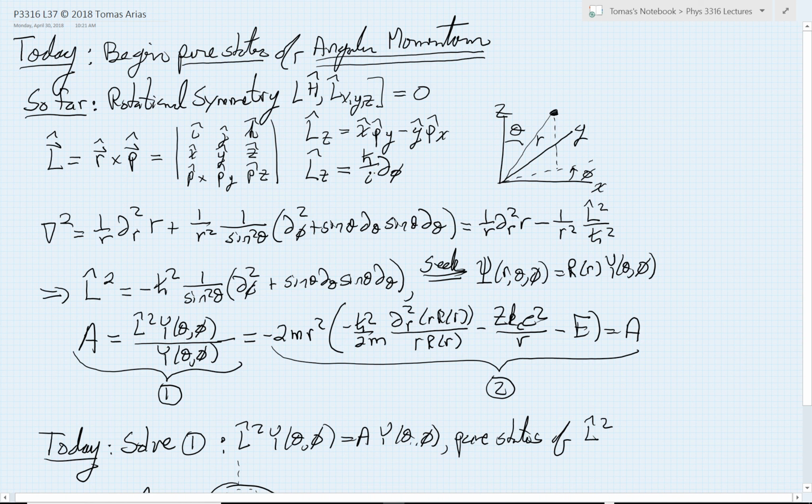Now, so far what we did in terms of thinking about the atom was we began to realize, well, it has rotational symmetry, which is something we then should exploit in order to solve for those bound states. And along the way, we defined the corresponding rotation operators and realized that the rotation operator around a given axis is very closely related to the corresponding components of the angular momentum operator, where the angular momentum operator, expressed as